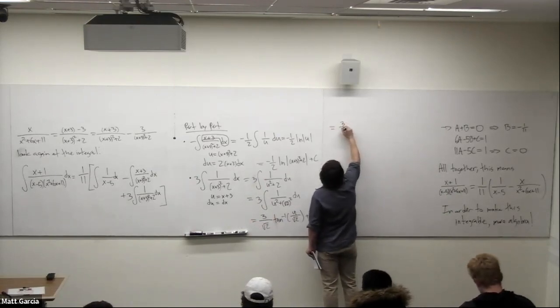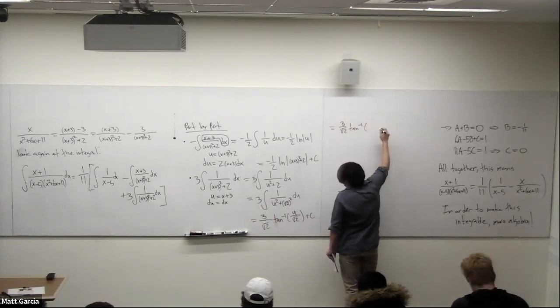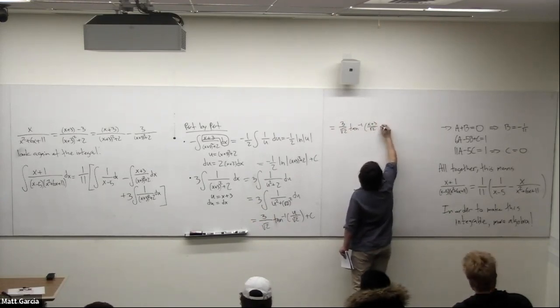Equal to 3 divided by root 2 inverse tangent of (x plus 3) divided by root 2